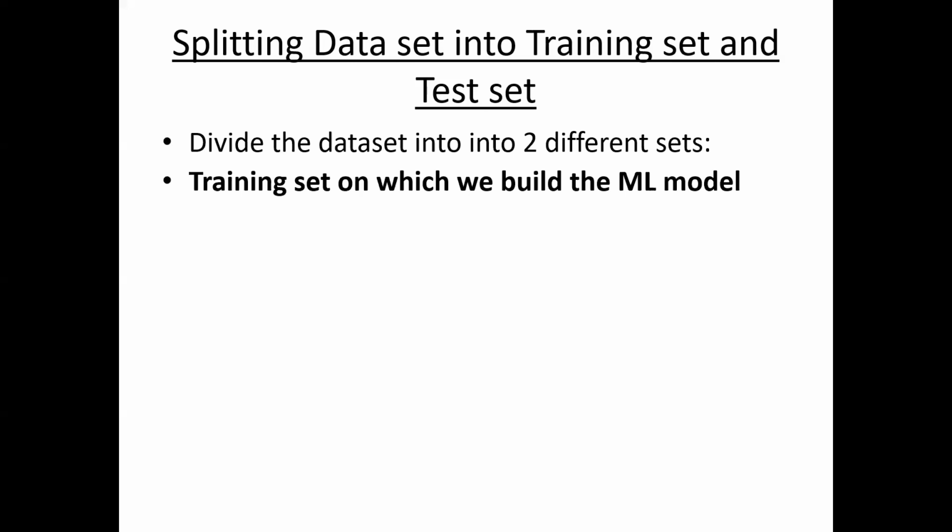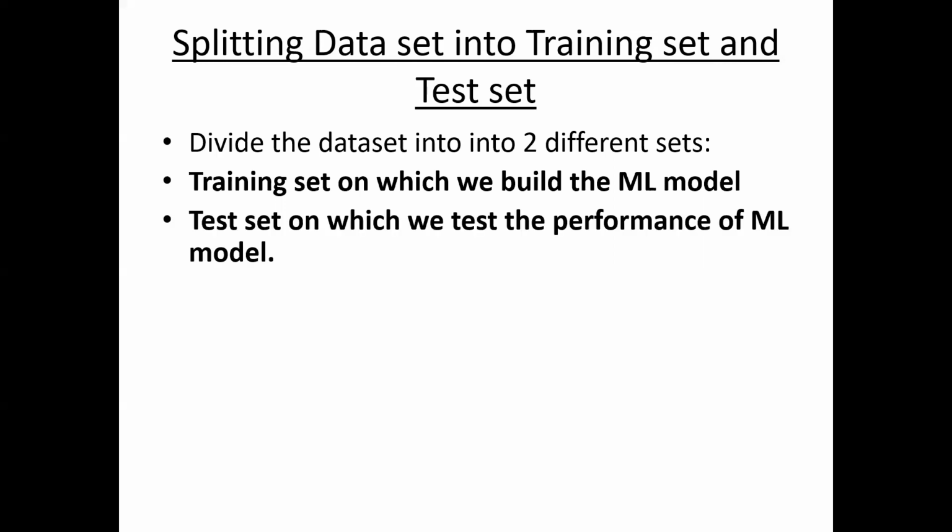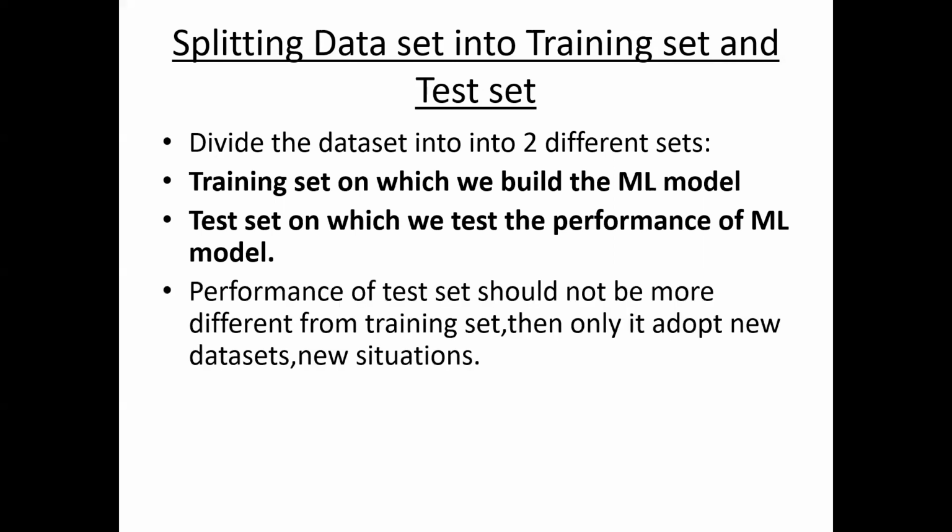Of course, you can directly apply your machine learning algorithm to the whole data set. But how can you identify the performance of your algorithm? That can only be done by giving your test set as the input. So that is the need for dividing the data set into training and testing sets. The training set means the one on which we build the model, that means the one on which the learning phase happens. And the testing set means the one on which the performance of the model is measured. So in any supervised learning, we must divide our data set into a training set and a testing set.